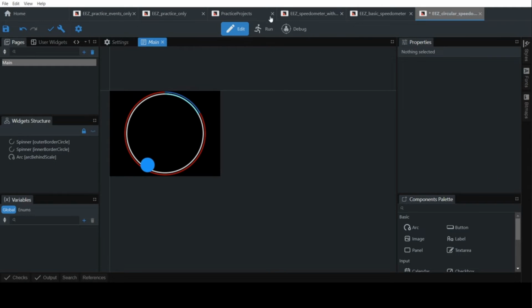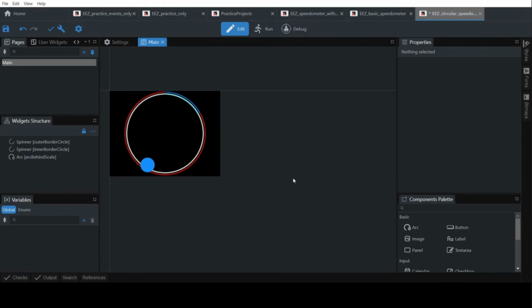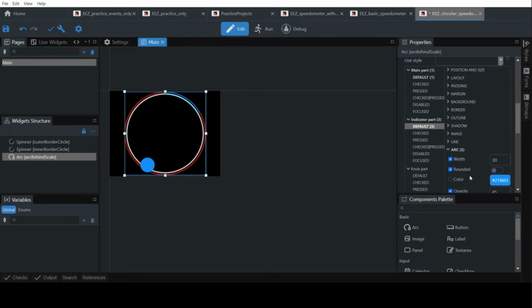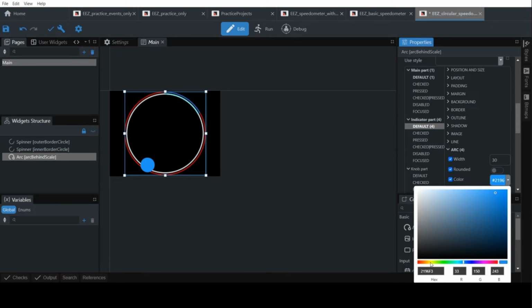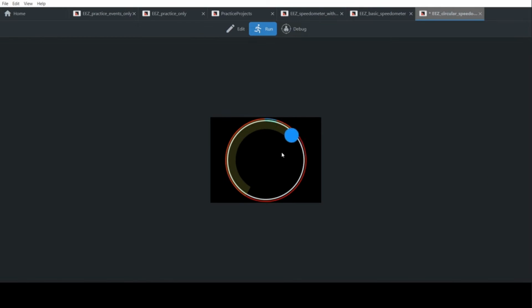So what will happen is when we run it, you see that an opaque indicator appears. So I'll set the color of the indicator to something like yellow. So the indicator arc, default arc color, set to yellowish. Now if you run it, you see, yeah,